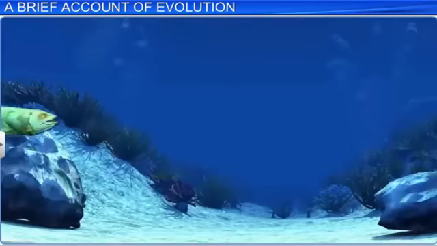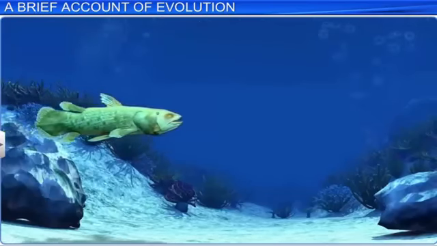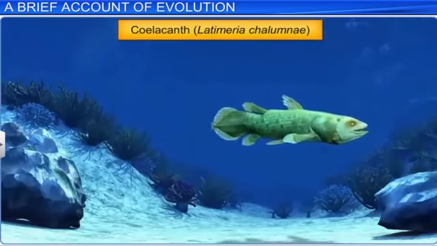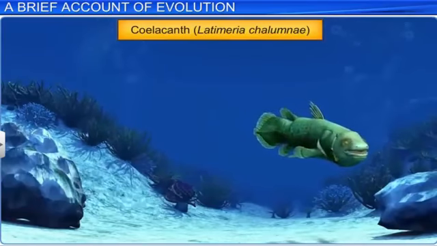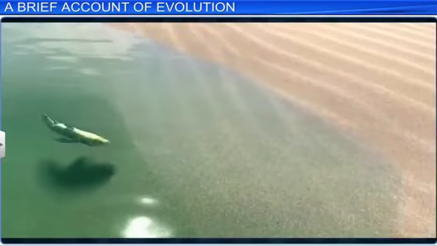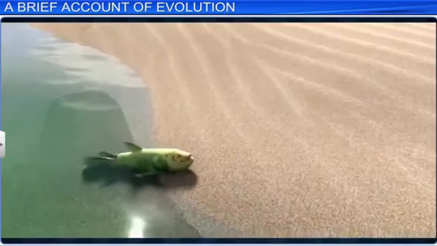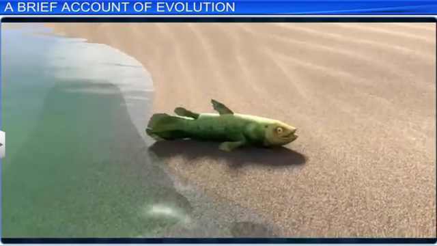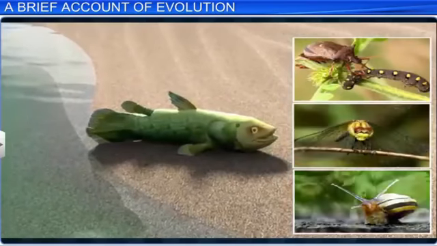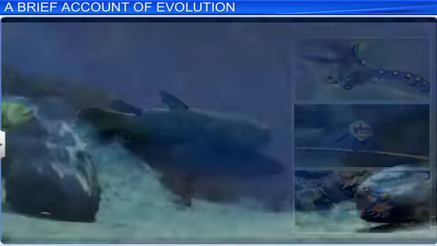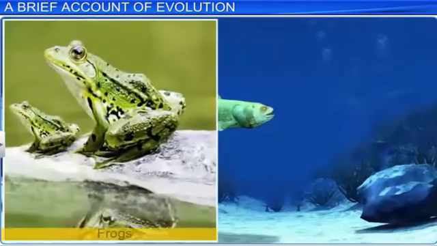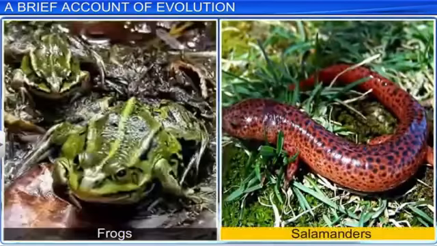Another important fish of this period were the lobe finfish, which later evolved as amphibians. Coelacanth is a lobe finfish which was thought to be extinct earlier but is now considered a living fossil. In times of water shortage, lobe finfish probably made their way onto land and might have added insects and other arthropods to their diet. Modern-day descendants of lobe finfish are frogs and salamanders.